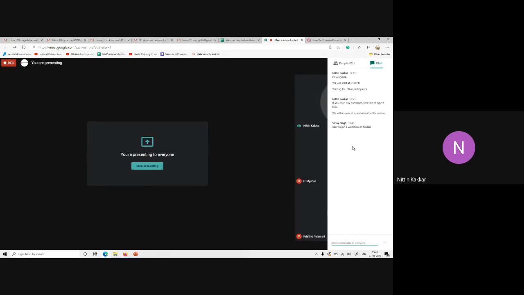Yes, we can put workflows on the folder. Rajesh already showcased the defined workflow, and how you can automate. The defined workflow actions not only help us automate the workflows, they can be used as a single level or multiple levels. You can set n number of levels on the folder and select the users who are the approvers and reviewers, and the document will travel to them in a hidden mode. Unless all the approvals are done, the document will not be published for the rest of the users, even if they are part of that folder or department.